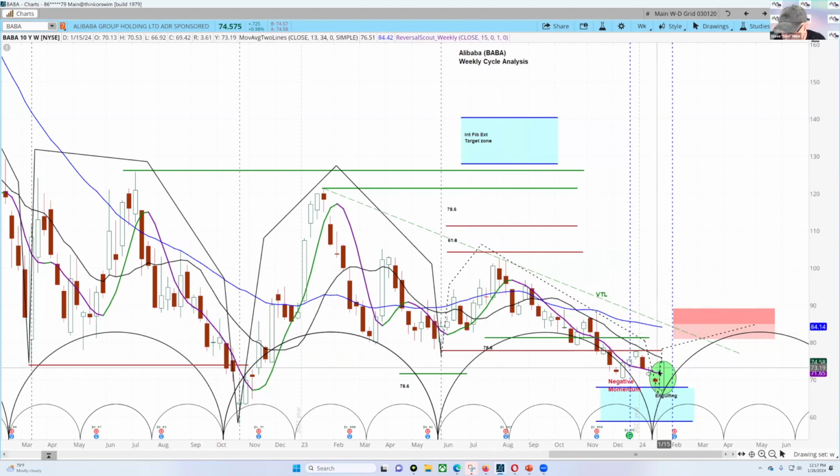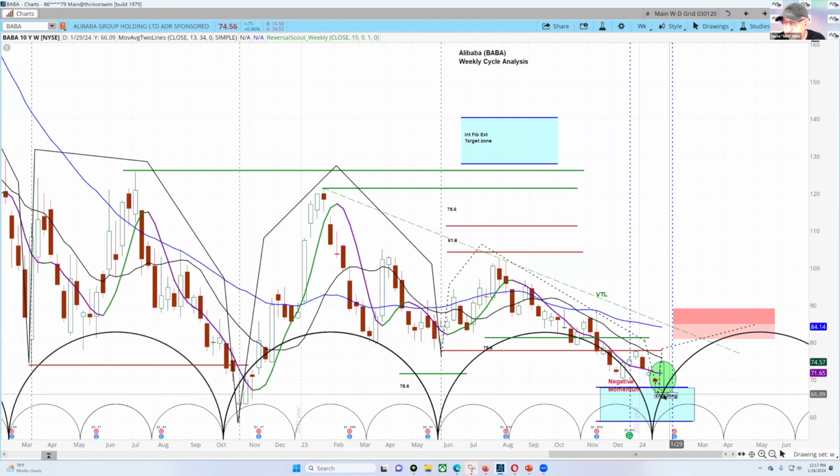And guess what? It didn't turn up here. But we have this engulfing pattern that occurred. In other words, it made a lower low and it's closing above. It's actually engulfing 2 different weekly bars right there. And that tells us that it's very likely that a bottom is forming right over here. With all the money that's being pumped by China, it's pretty likely that that's going to happen.